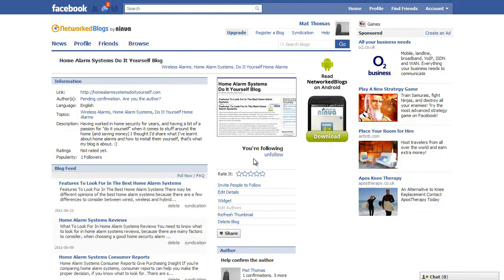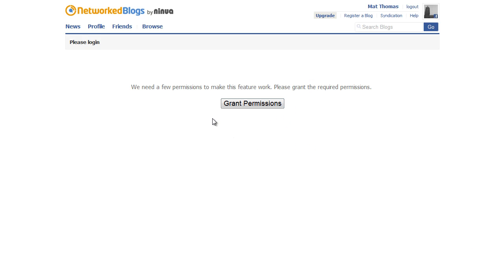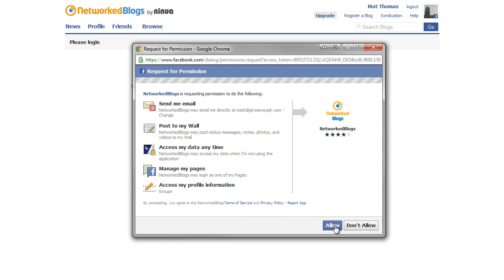Okay, I've just had a couple of errors. It looks like the verification process may be because this app is actually having problems today. So I had a couple of errors and I've come back to the main page. Now, the first time you come here, there should actually be a link here asking you to do the syndication process. Now, the link's up here if it's not. So go to this and it will basically ask you to authorize some permissions. Here we go, grant permissions. So simply click on the button and click allow,